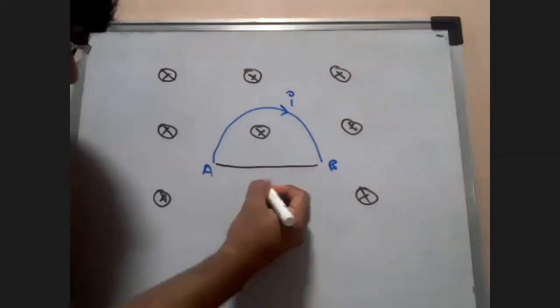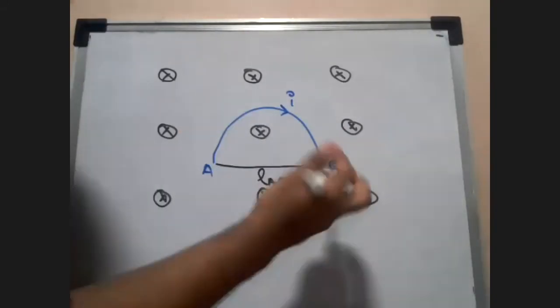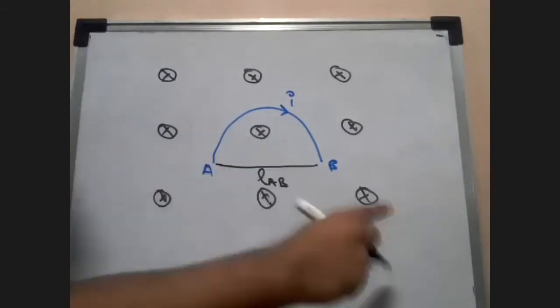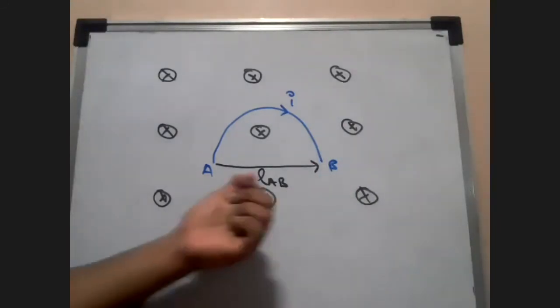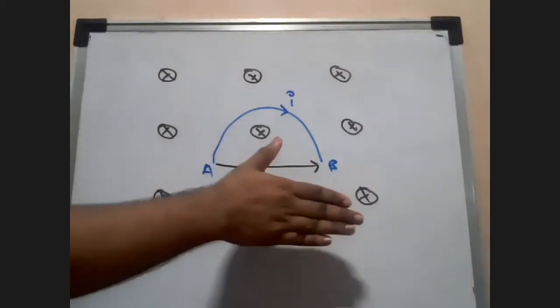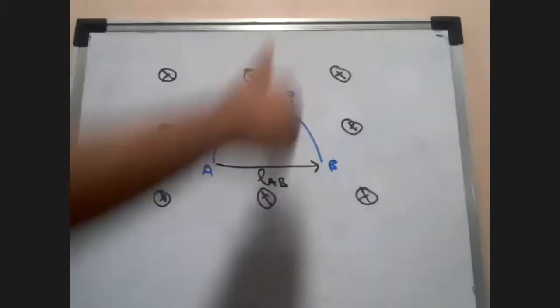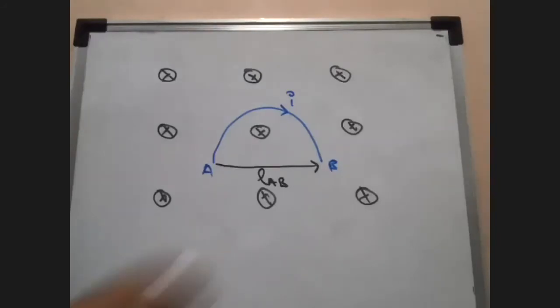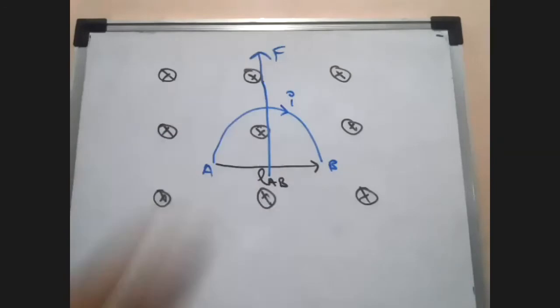It's a vector, of course, it is LAB. The vector has to be in the direction of the current itself. You can see the current is going from A to B. So my length vector also will be from A to B, and therefore LAB. Now, once you have got that, apply your right hand rule. IL cross B. The force is upwards, students. This is my force going upwards, F. Now we have to determine the magnitude.